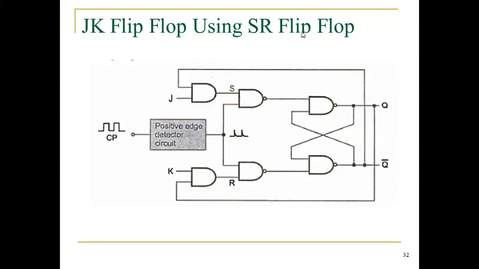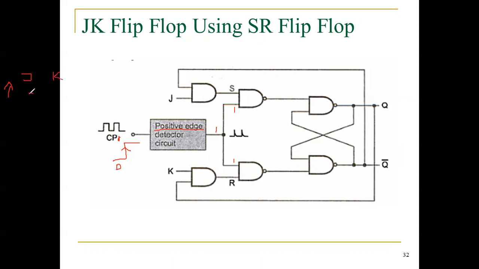Please listen carefully. Very simple. Now the edge triggering is a positive edge triggering. What is meant by positive edge triggering? Transition from 1 to 0? Is it correct? No. 0 to 1 is called positive edge triggering. So here one of the inputs is always 1 now. Now please listen. My clock input is equal to 1. The clock is triggering first.